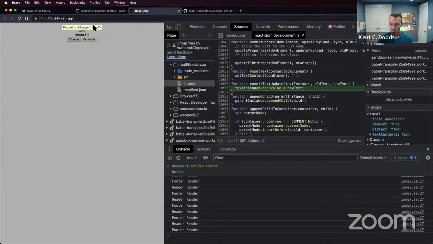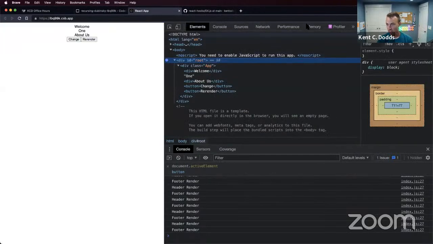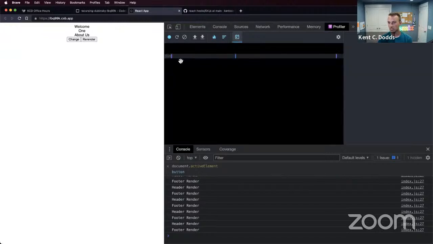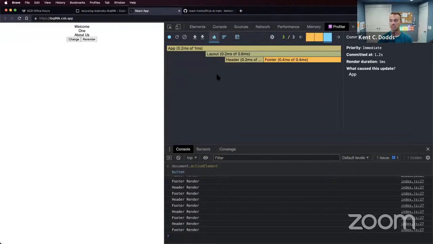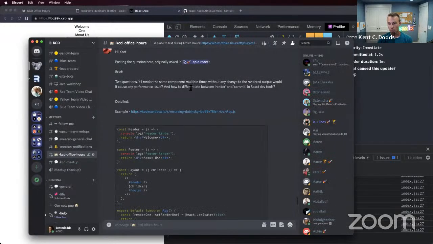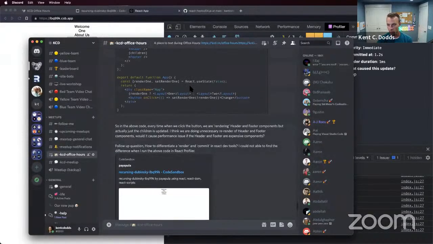So long story short, I do not believe that there is a way to tell in the React DevTools or to distinguish between, oh, that's interesting. How fun. I don't remember ever seeing that. I don't think there's a way to distinguish between a commit and a render. It calls it commit information, but these are really just renders. As for the core of your question, what you're trying to get at, you were asking about the performance implications of the fact that